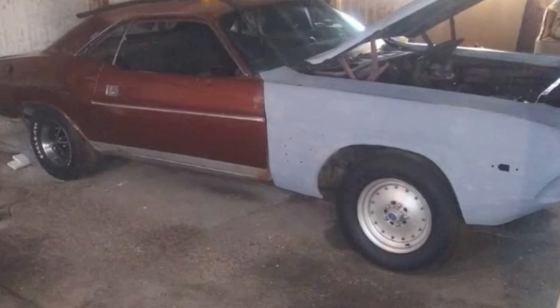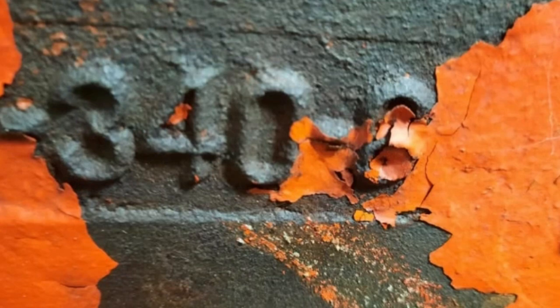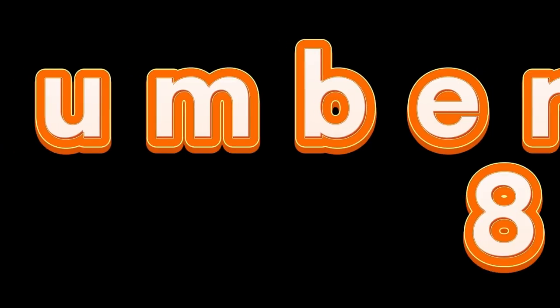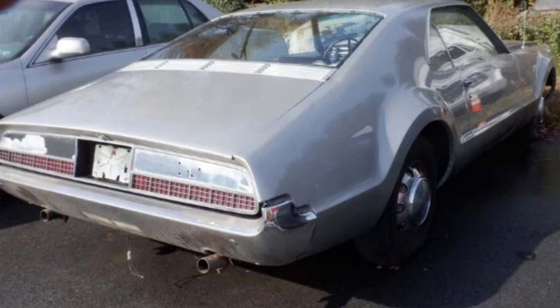It is an ideal and interesting choice for collectors. The owner is interested in trading it for a K-truck or van and is willing to add some cash if needed. Number 8. The 1967 Oldsmobile Toronado, priced at